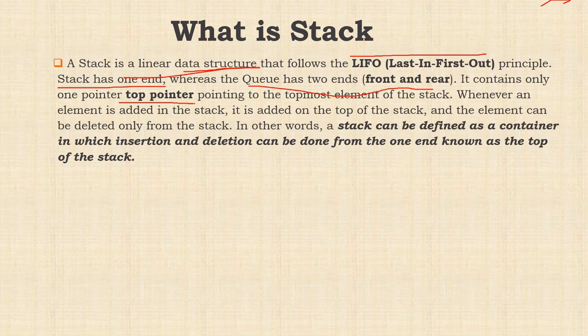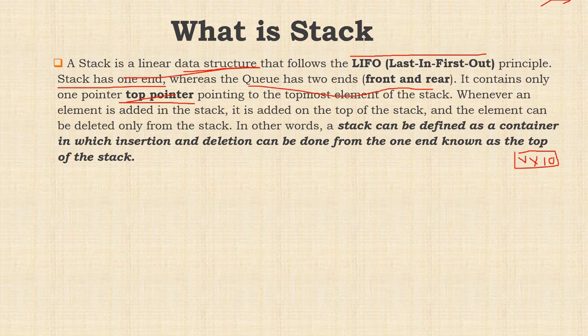So if you add anything on a stack, the address of that element will be stored in the top pointer. Okay, so if you add another object, another data on top of the stack, then the top one's address will be stored in your top pointer. Okay, so only one pointer, top pointer, will be there here. Address will be stored. Okay, like xx10 you can say. Okay, address of the